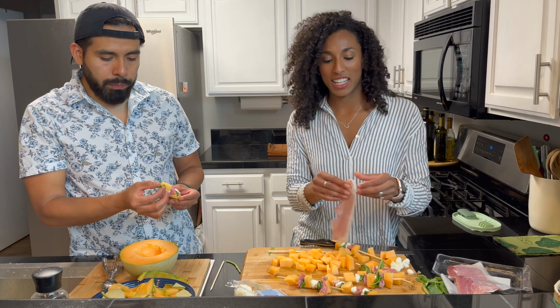If you don't want to do the skewer method, you can decide to chop up everything and mix it together in a bowl. Another idea is you can wrap it. So you can take a piece of prosciutto, you could do this whole slice or you could do half a slice. I'm gonna cut this in half. And then you can take a larger chunk of melon and your larger basil leaf, and you'll wrap that up with a couple of your mozzarella pearls,